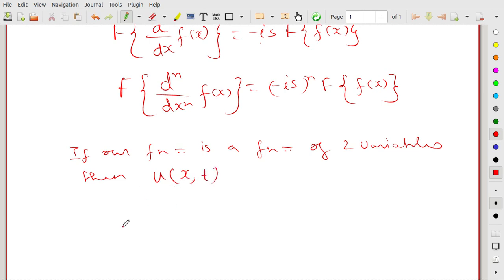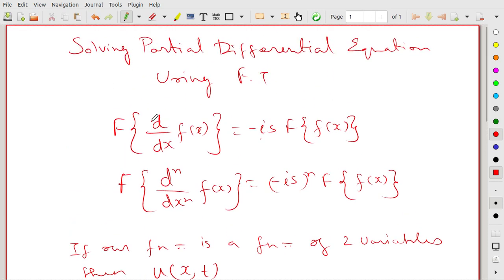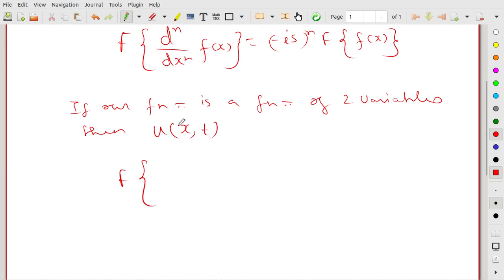Then we are using the same formula. However, instead of the ordinary derivative we have to use the partial derivative, because u is now a function of x as well as t. So if I find the nth order partial derivative of u with respect